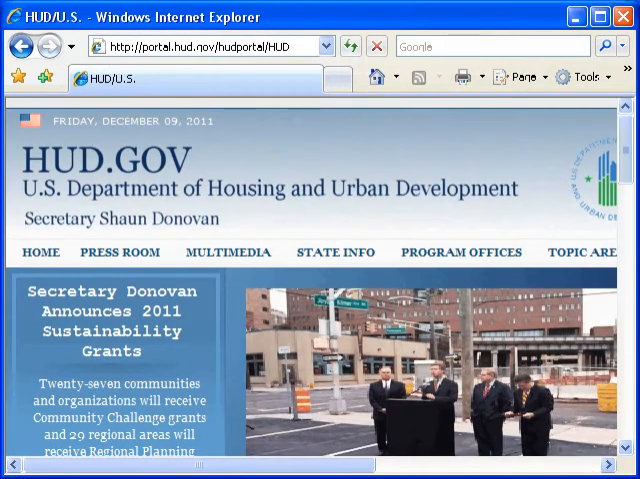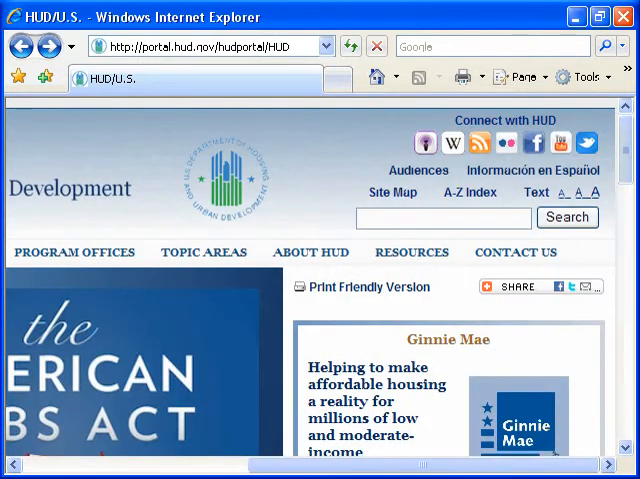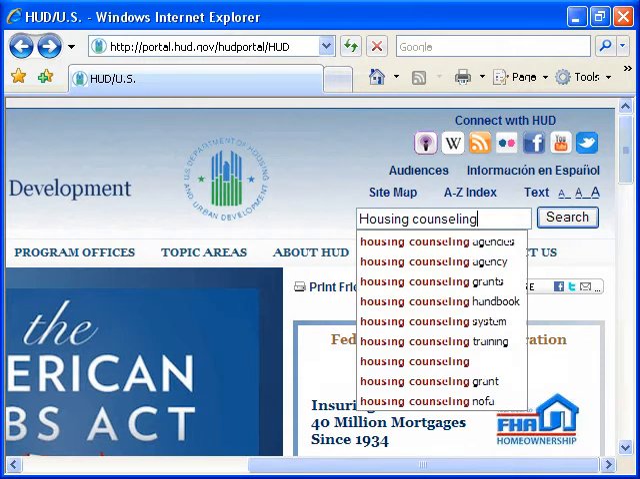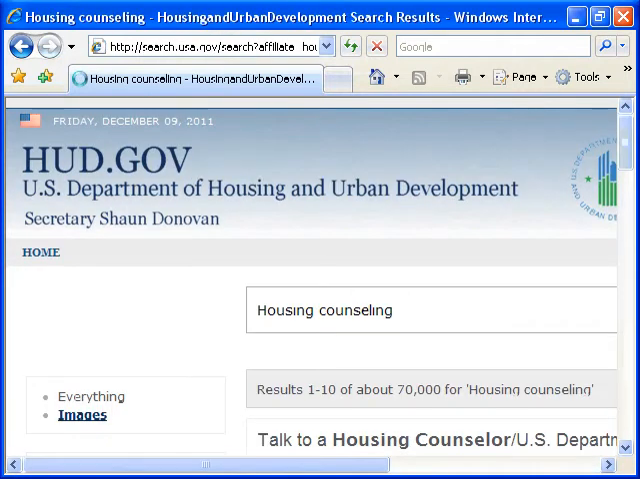HUD's website is www.hud.gov. The quickest way to identify the housing counseling page on hud.gov is to type in housing counseling into the search engine at hud.gov. The search box for hud.gov can be found in the right-hand corner at the top of the page. Typing in the word housing counseling will bring you to search results,